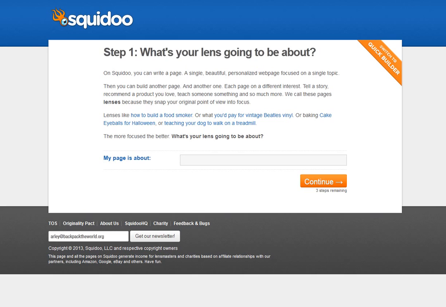Now this is very important. It's asking for what the page is about, and this is where you need to use a target keyword. Now a target keyword is a word that you think people will be searching for, particularly on Google, to do with your business. Now I'll use an example here of dog training because I know that's a highly searched term, and if I had a business that was in the business of dog training, that's what I would call my Squidoo lens. So you need to do something similar,